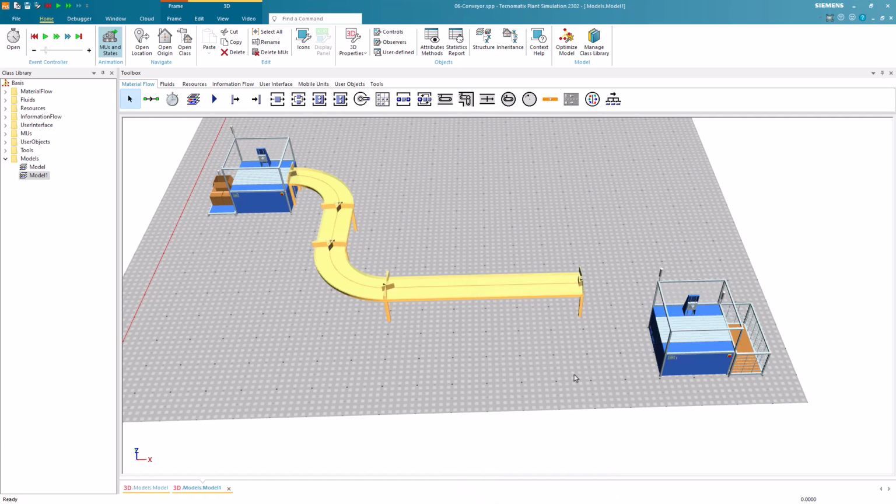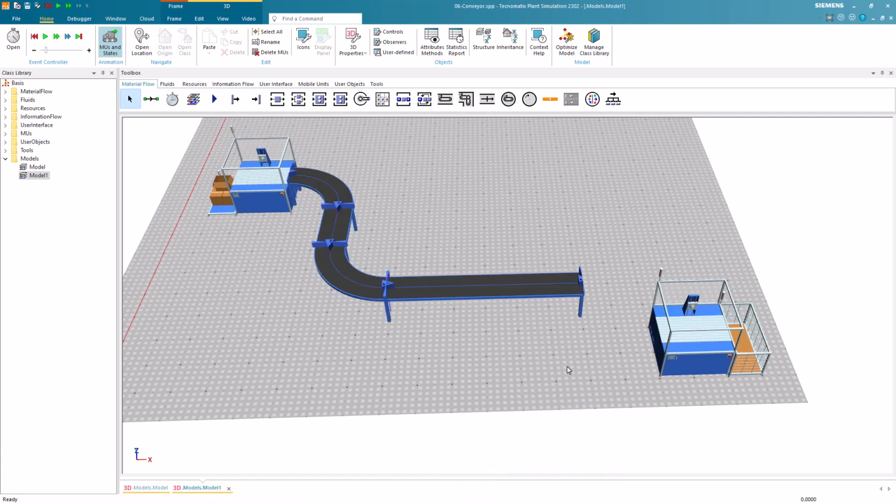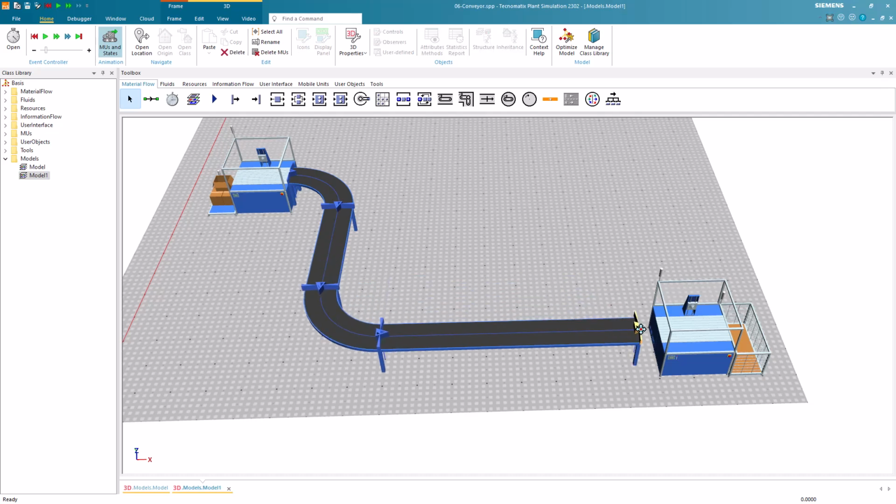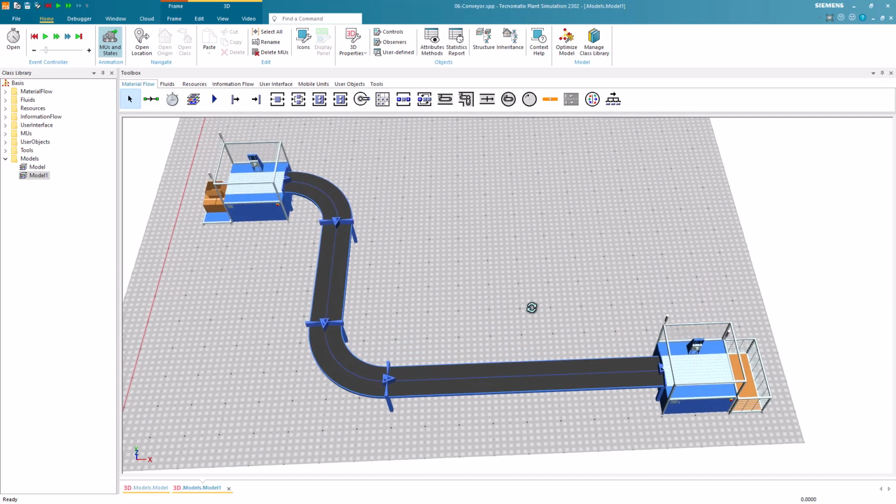After making the manipulators visible, you will see the anchor points. We can now click on the last anchor point and drag it on the position of the station. By doing this, we stretch the straight elements of the conveyor. As you can see, the angle of the curved elements are by default 90 degrees. However, Plant Simulation provides the possibility to make more precise adjustments.